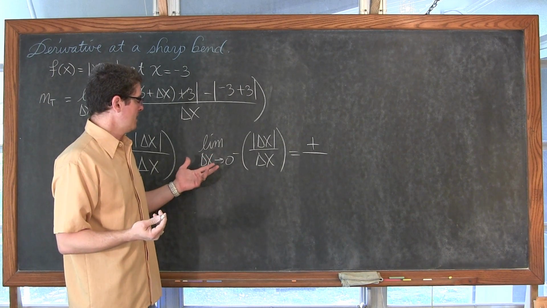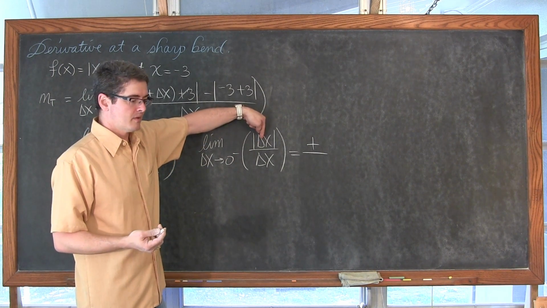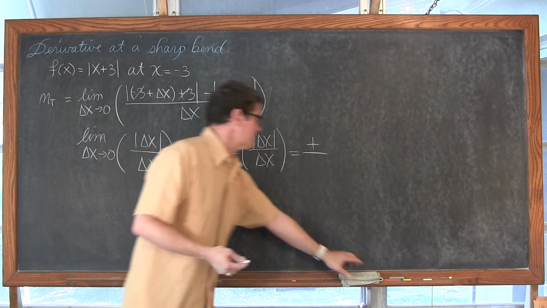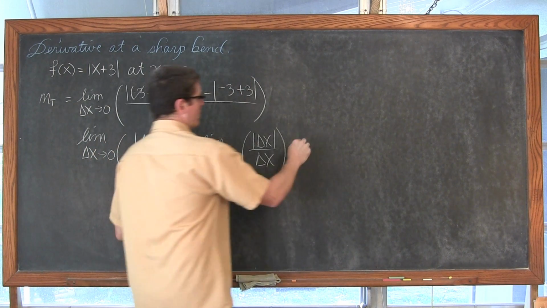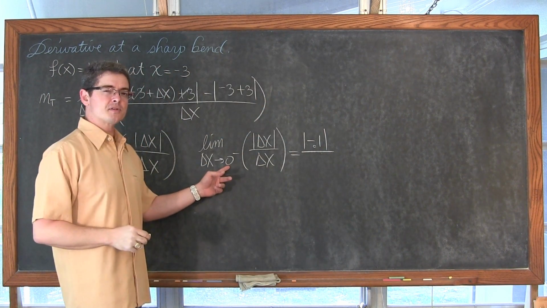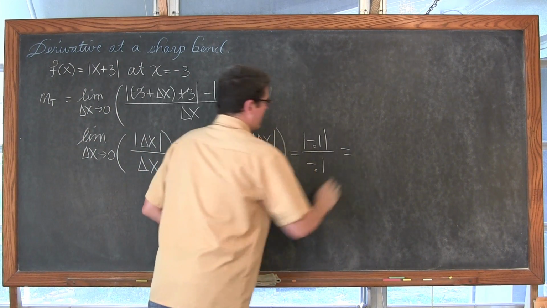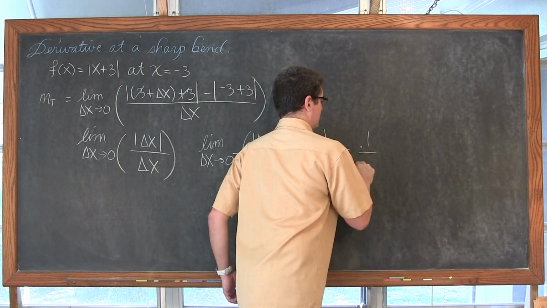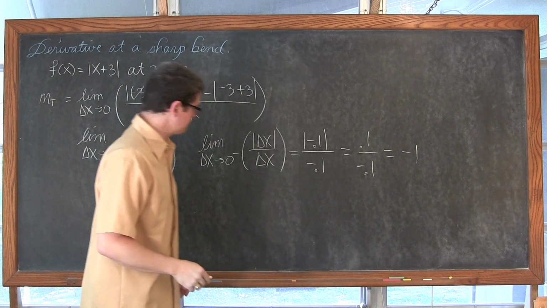I guess we could say, if we want to approach from the left, you could plug in like a negative 0.1 and a positive 0.1. Maybe we should just do that, do a test number. Let's go ahead and plug in negative 0.1, because that's close to 0 and to the left. Plug in a negative 0.1 in the denominator, and the absolute value is going to make that positive. And that's going to come out to be -1.